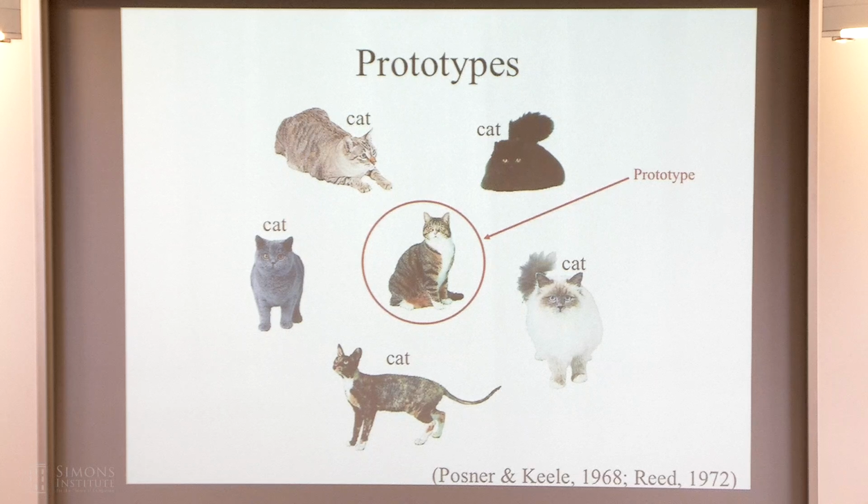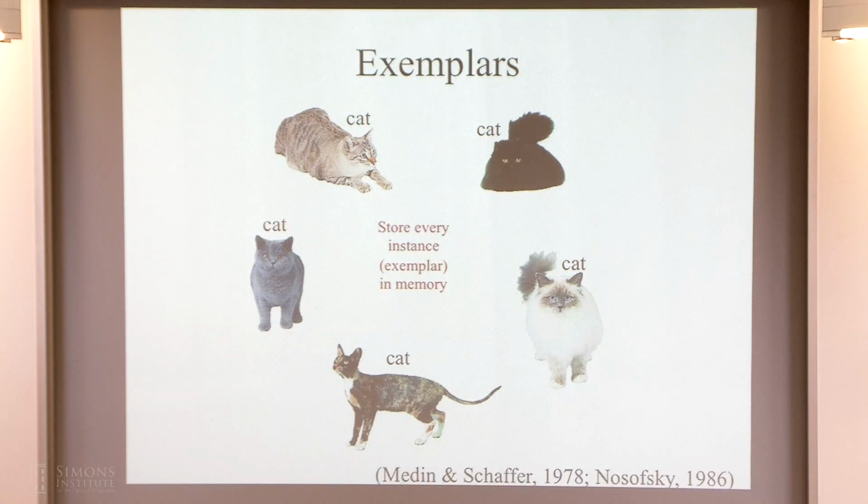And so the thing that motivated people to think about this other approach was to say that, in fact, if that's the effect that's motivating you to think about prototypes, you can get exactly that effect without needing to postulate some abstract prototype. You just need the idea that you're comparing similarity to each of the examples, which is enough to mean that the average of those examples is going to be closer.